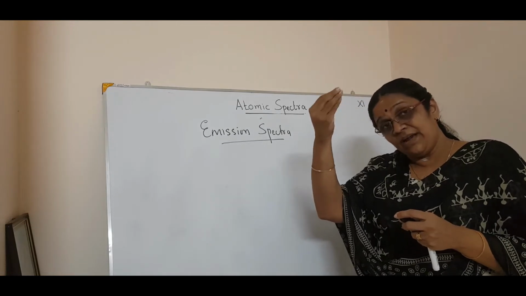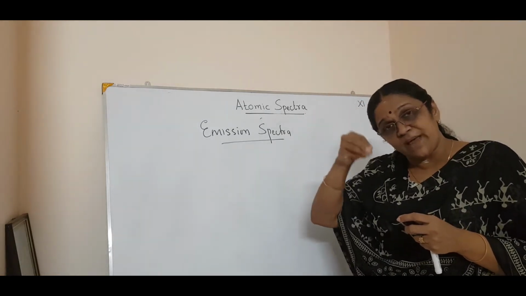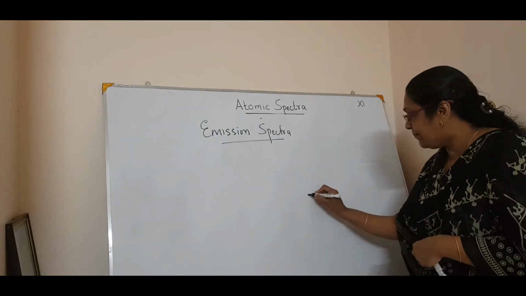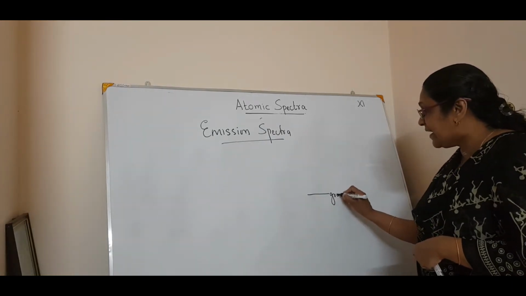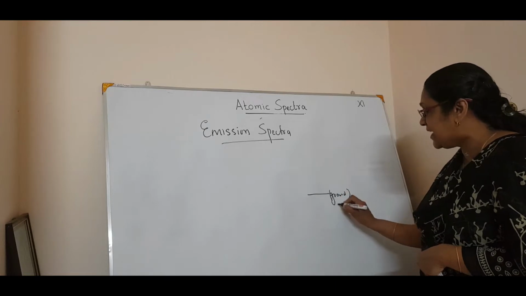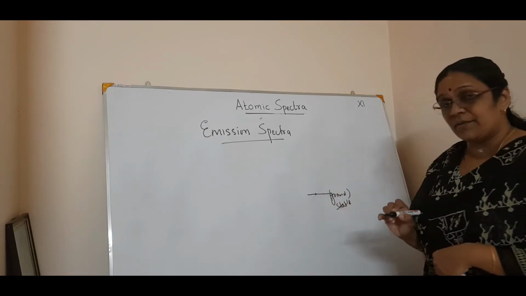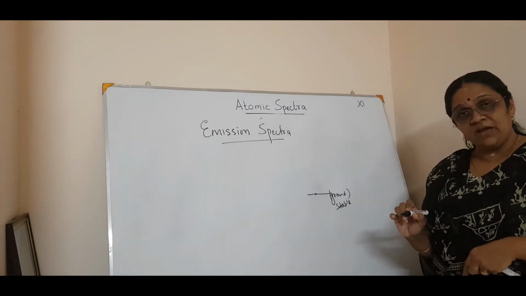Being unstable in the higher energy level, it will bounce back into the lower energy level. For a simple sketch, if this is the ground, we will say the ground state. The ground state is the stable state. Now, if there is an electron in the ground state, what happens?